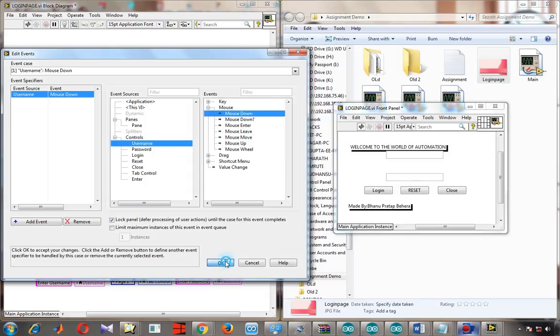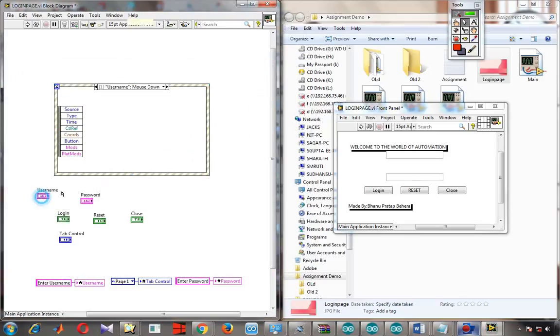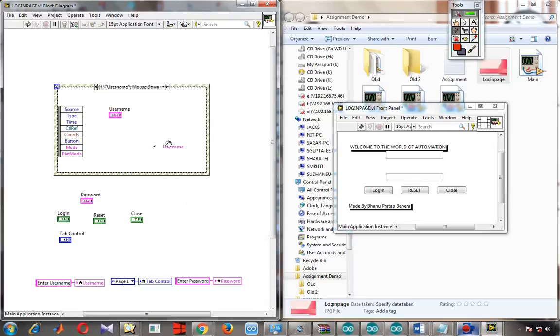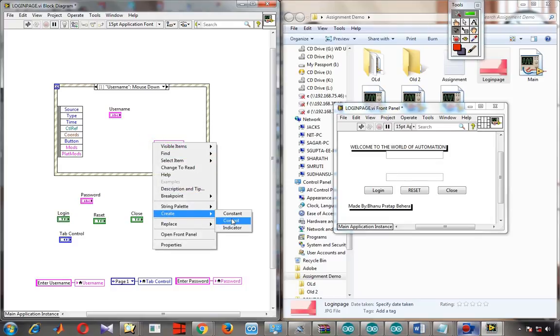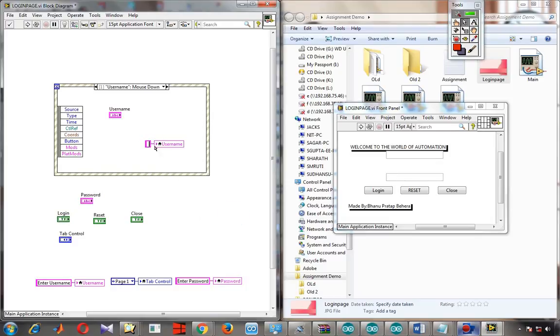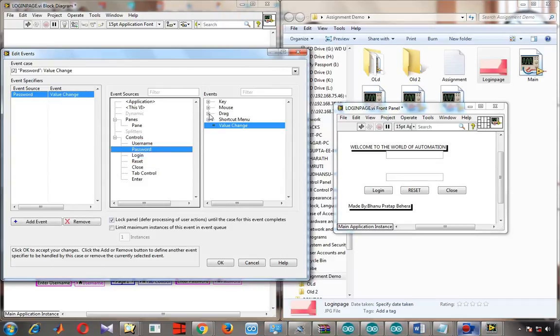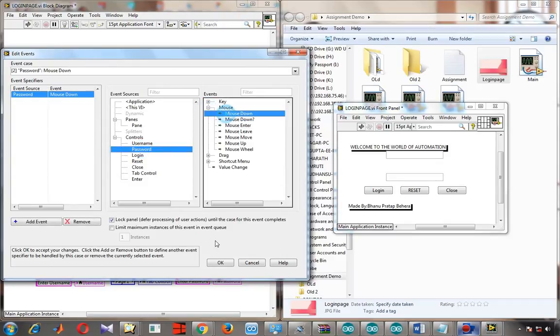So when the username mouse down event happens, we will create a local variable and give some constant, it's blank. So when this username mouse down happens, the string there will be blank. Similarly we can add this for the password also, mouse down,